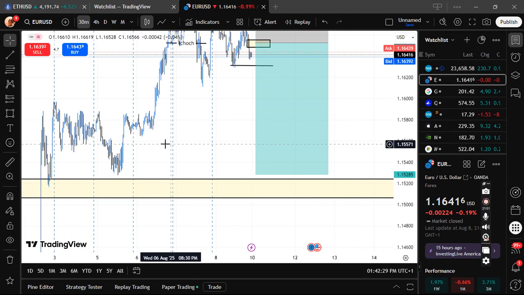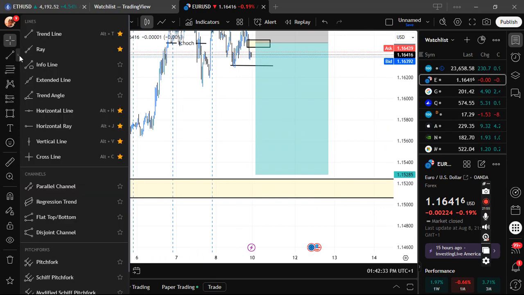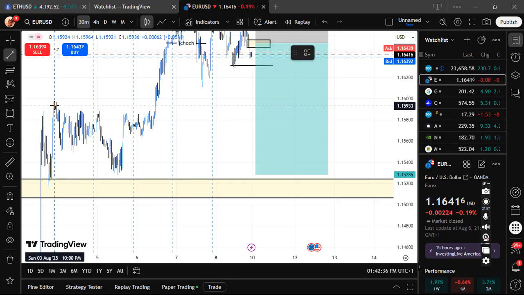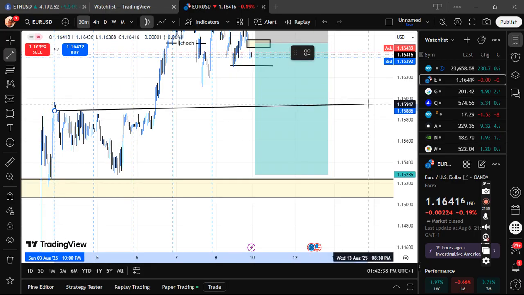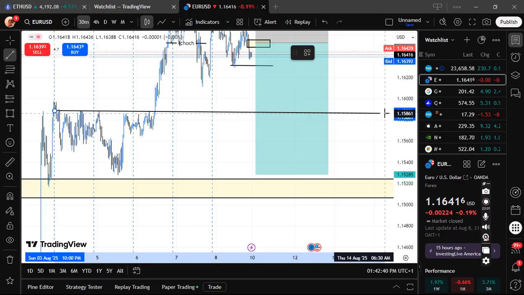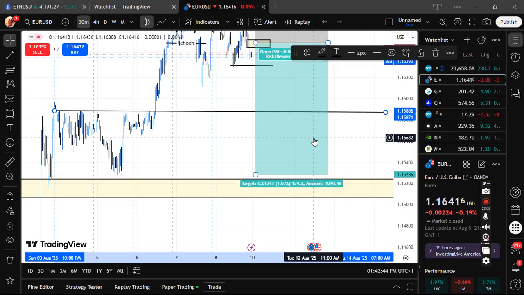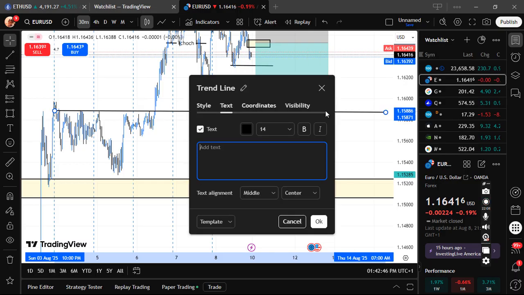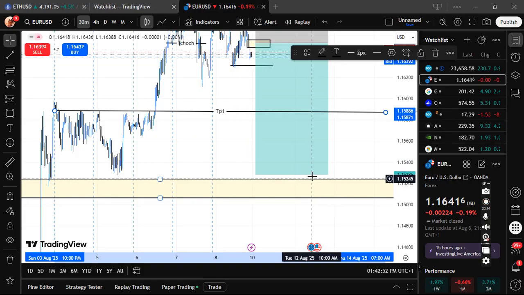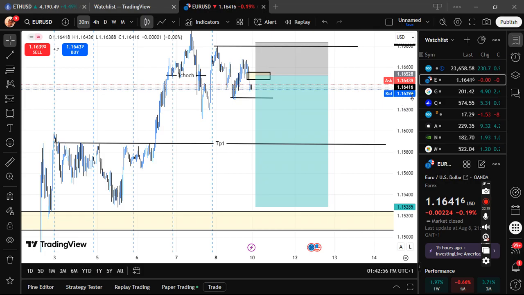But I'm looking at this particular side, there's kind of a range, so I'll make it here. TP1, and this level will be TP2. You understand? So this is my analysis on